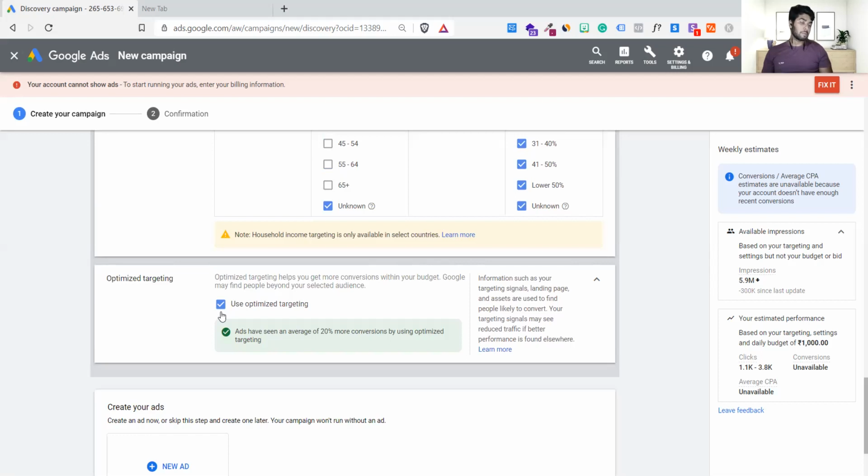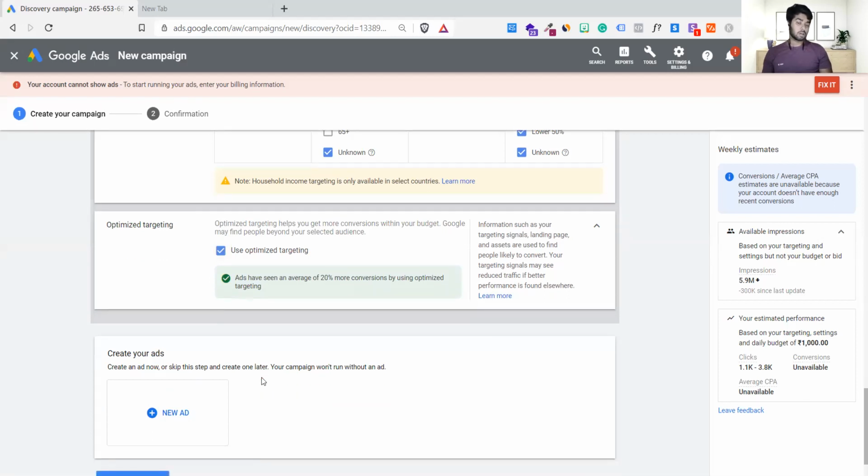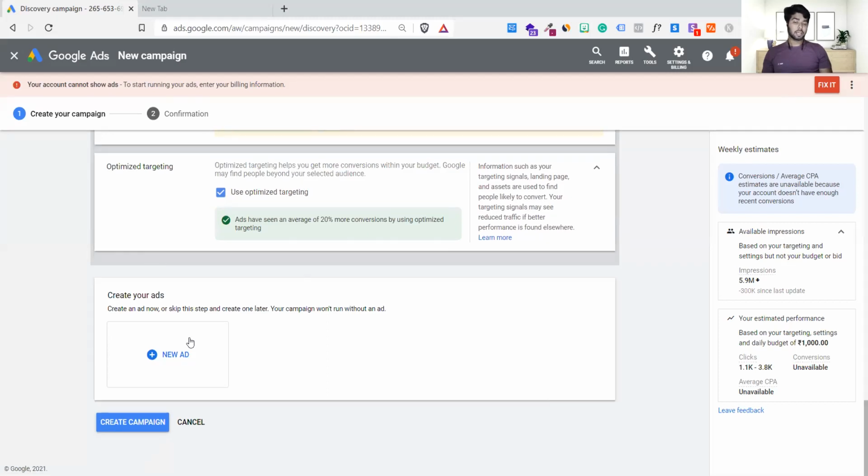So this is super important. Please keep in mind, whenever you use it, please make sure it is turned on. And again, it's totally up to you. No force by Google. That is why it is still clickable. You have to check or uncheck, it's totally up to you. But in my case, I will definitely check this, because I want to do some optimization from Google. All right, now it's time to create a campaign ad.